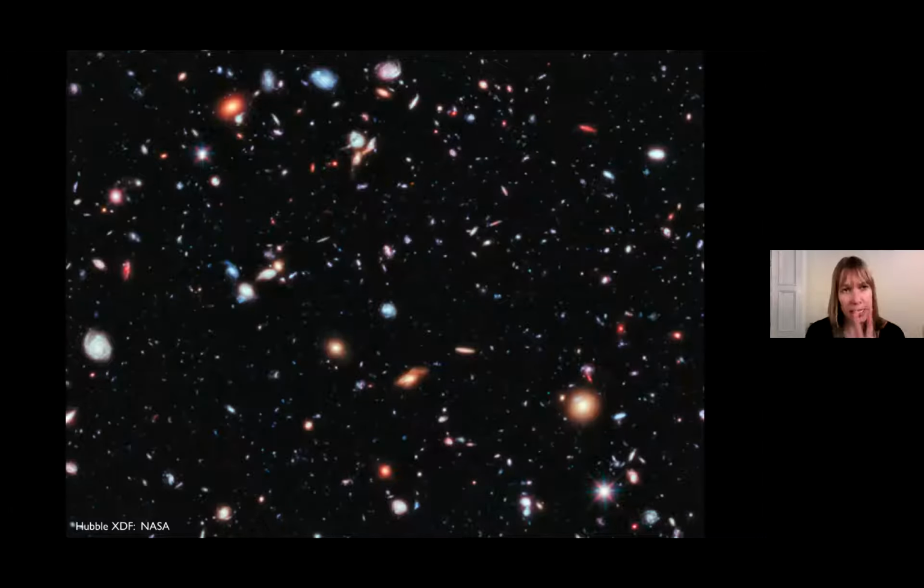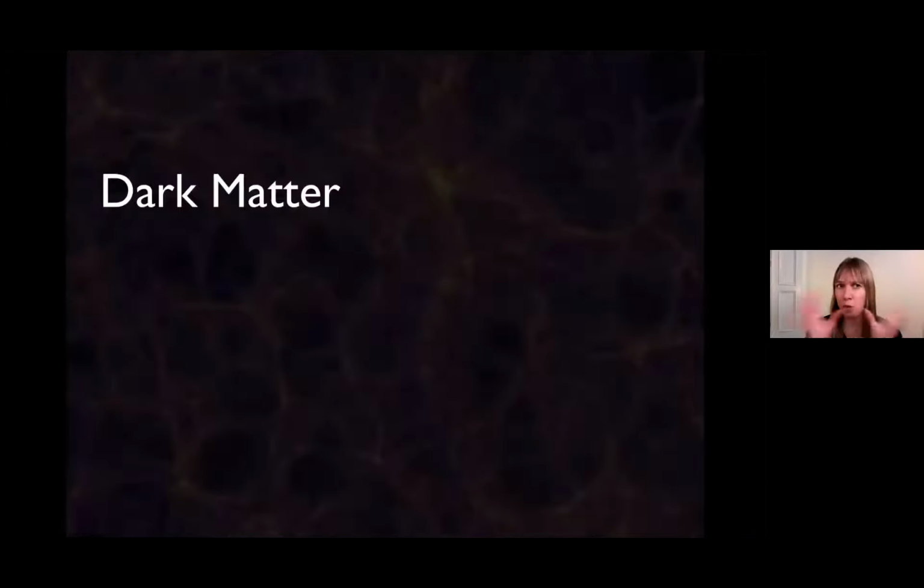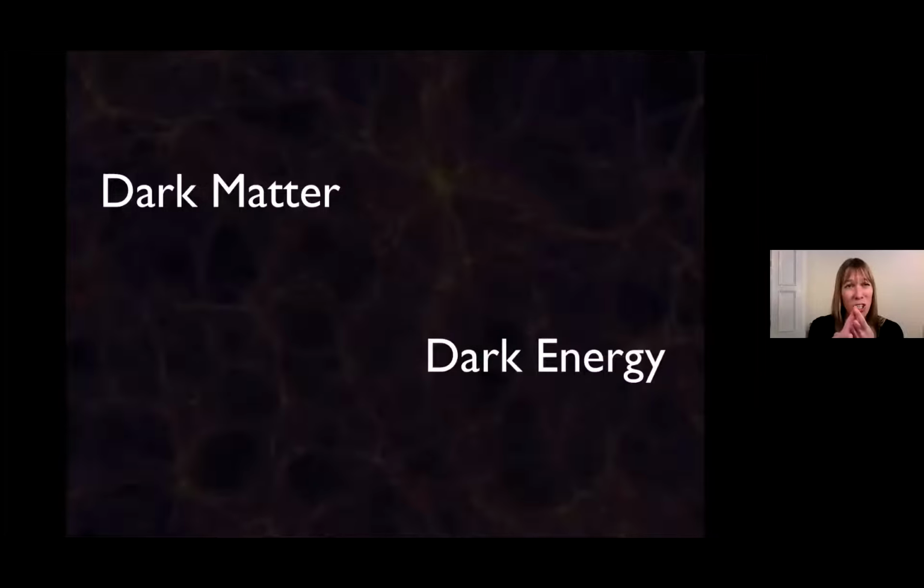Now there are two entities on the dark side. The first is called dark matter. I showed you a map of it. We'll talk about how I made that in a bit. It's invisible. We can't see it, but it's the strong gravitational force in our universe. And it's the gravity that pulls and keeps binding all the structures in our universe together. The second entity is called dark energy, even though it is neither dark nor energy.